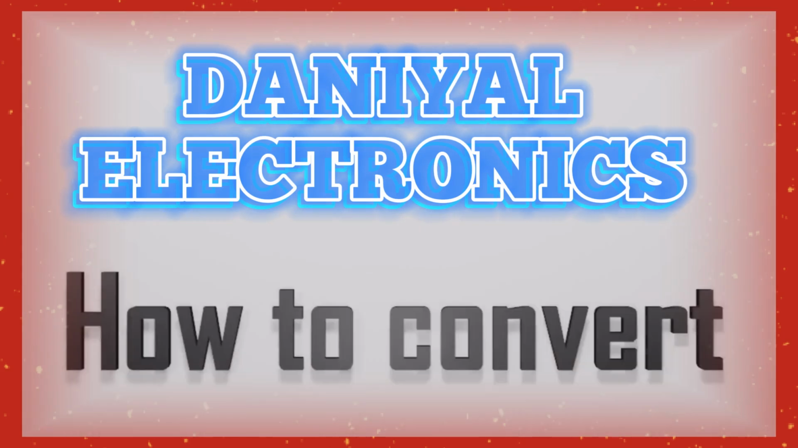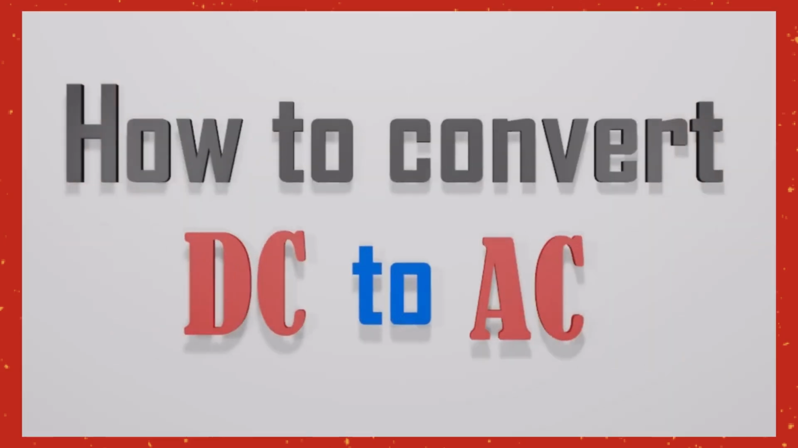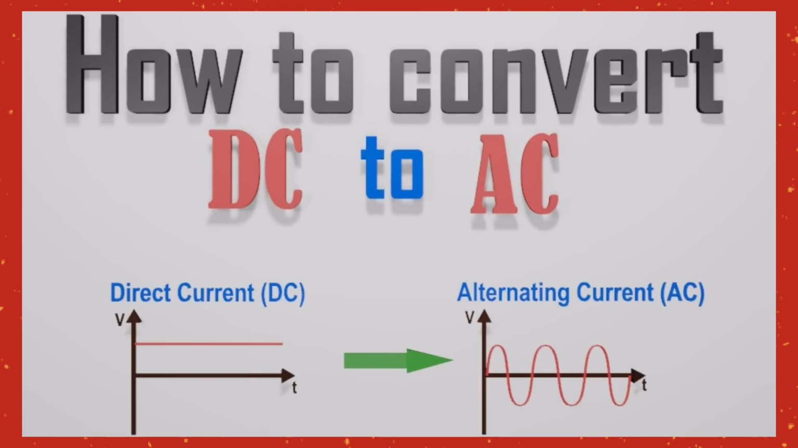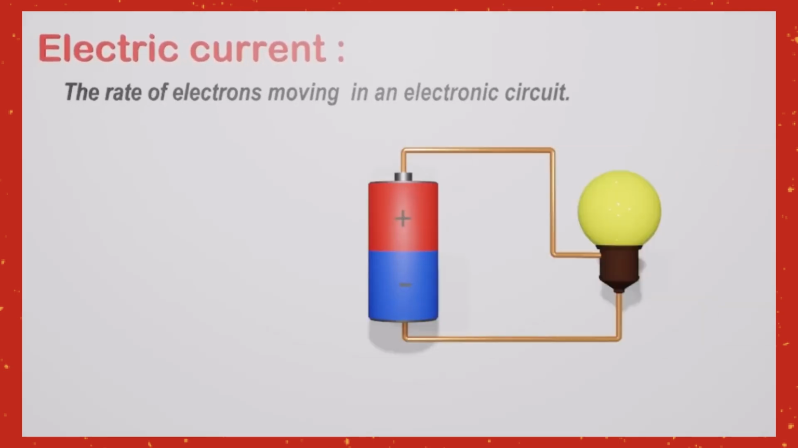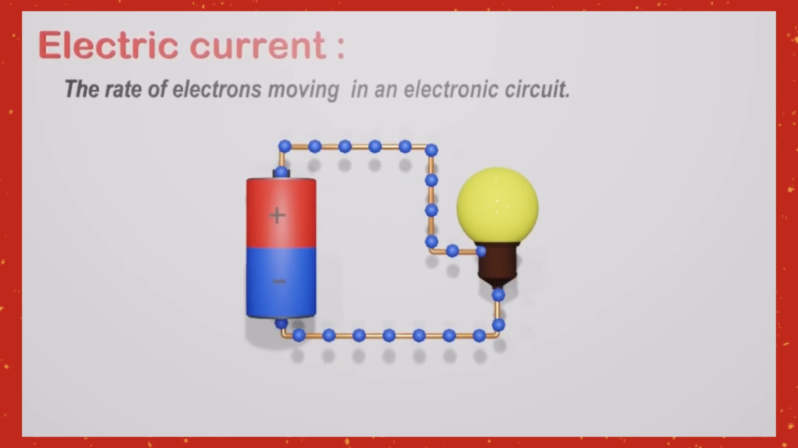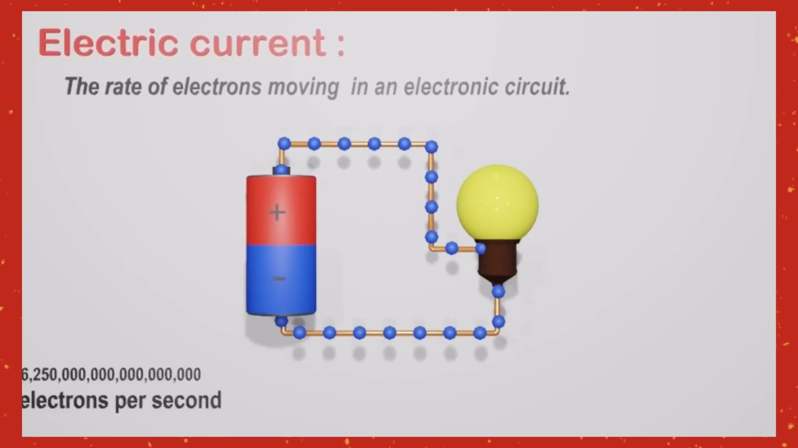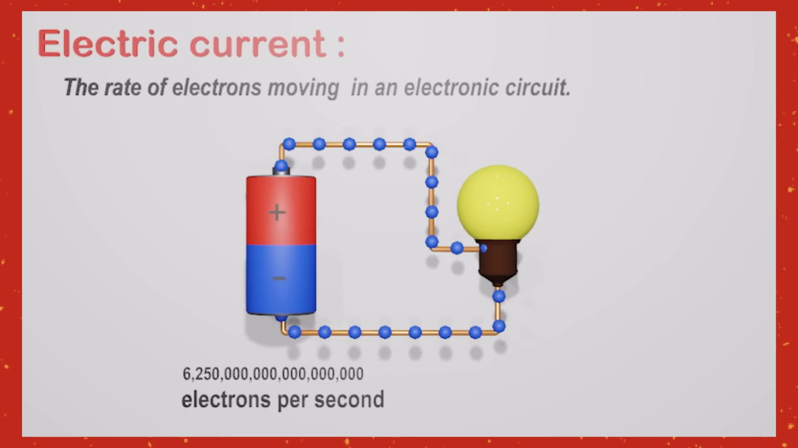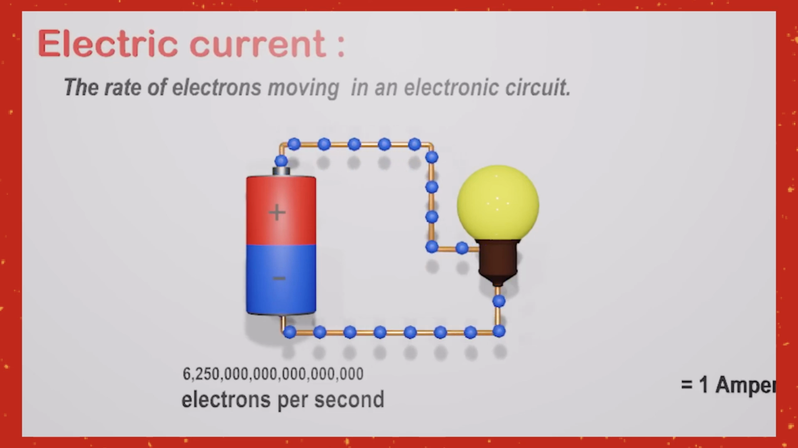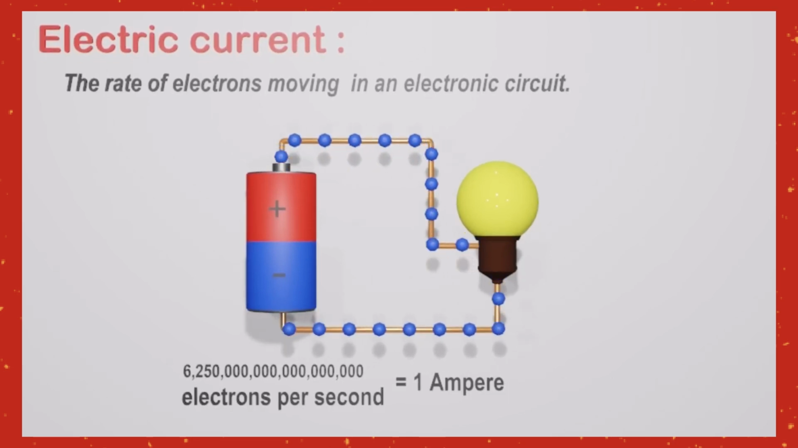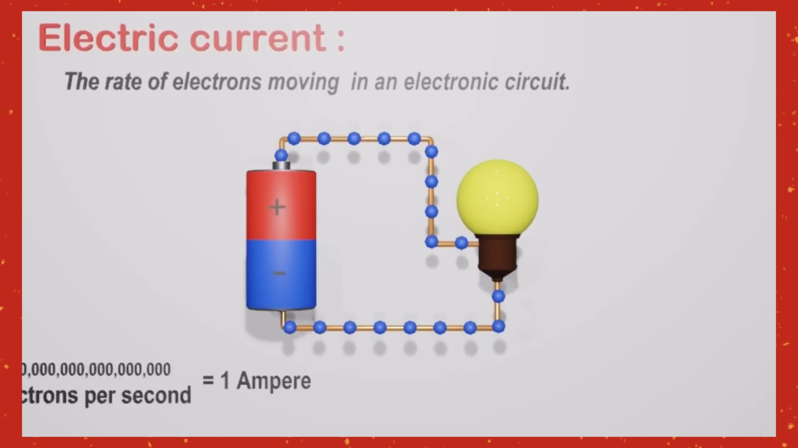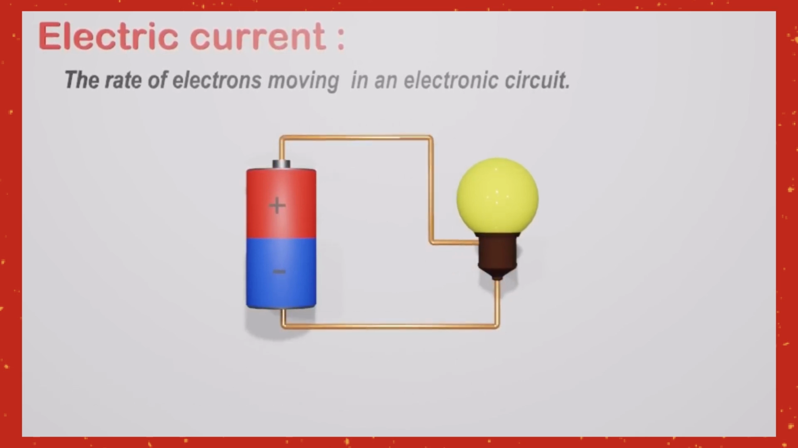How to convert direct current into alternating current. Electric current refers to the rate of electrons moving in an electronic circuit. If this many electrons are moving through the circuit at a second, we can say the electric current of this circuit is 1 ampere. Even though the electrons flow from negative terminal to positive terminal, in most of the textbooks,